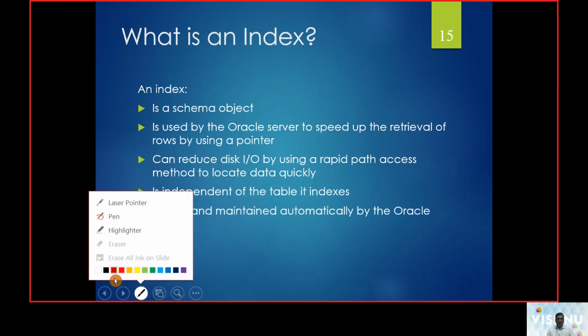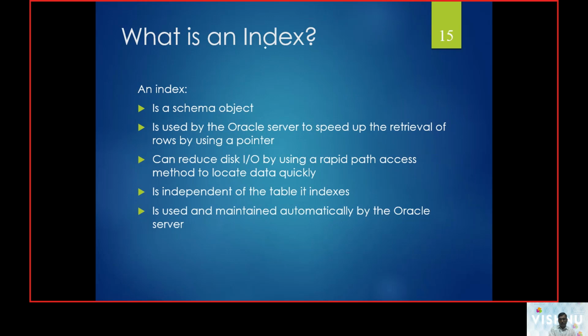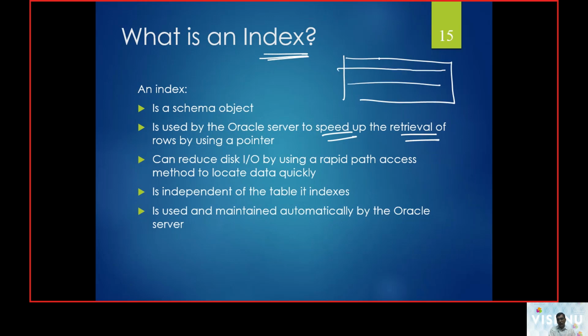Okay, fine. Another important object among the Oracle database objects is an index. Why are we going to use an index? It is to have speedy retrieval of data in the database. Assume there is a student number, student name, and marks. If it is like this, we have row 1, row 2, and row 3.